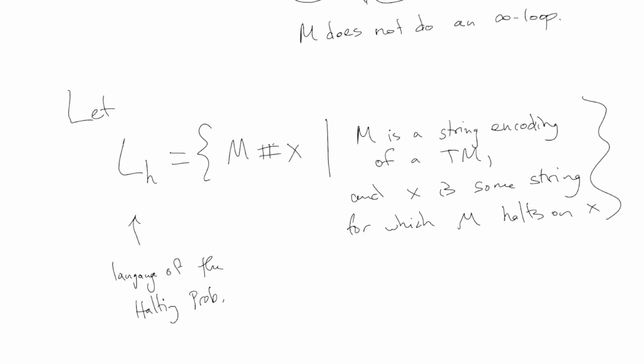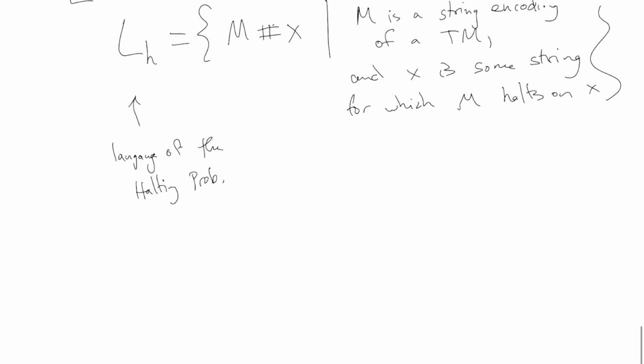Now, this LH is recursively enumerable. It is RE. On our diagram, that's the widest circle. It is inside of the widest circle. It's not all the way out. It is RE. That's because